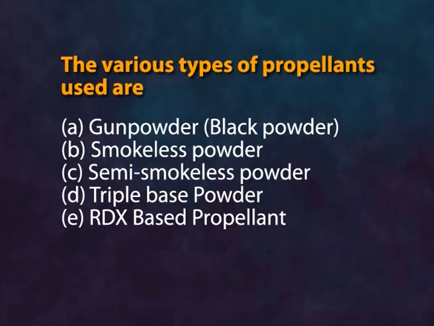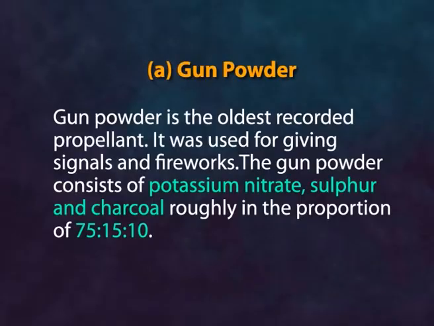The various types of propellants that are used are gunpowder or black powder, smokeless powder, semi-smokeless powder, triple base powder and RDX based propellant. We will take each one of them one by one. First is the gunpowder. Gunpowder is the oldest recorded propellant. It was used for giving signals and fireworks. The gunpowder consists of potassium nitrate, sulfur and charcoal roughly in the proportion of